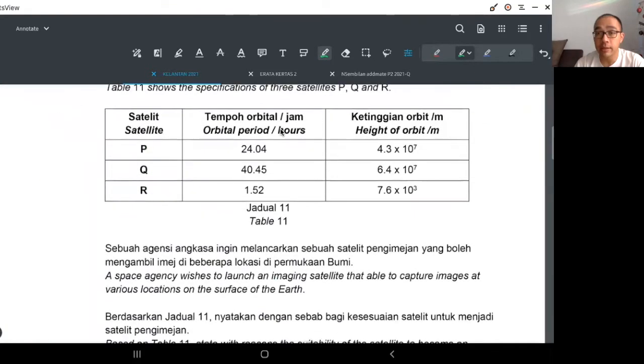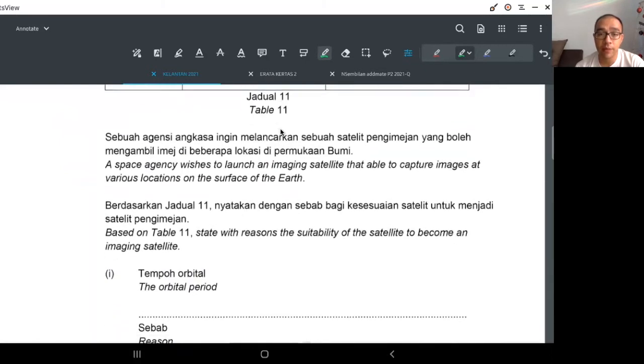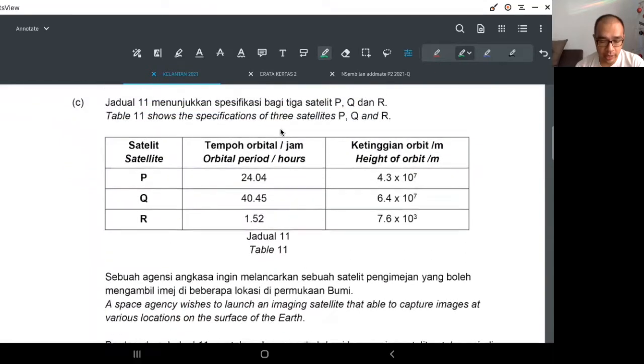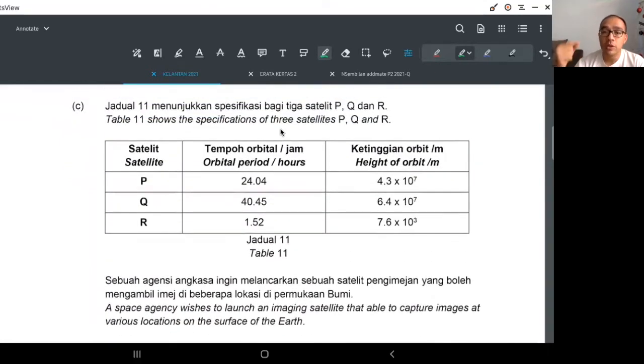Okay, same thing, making a choice. Let's look at the question first. Space agency wishes to launch an imaging satellite that is able to capture the images of various locations on the surface of the Earth. So based on table 11, let's look. Orbital period. You want to be able to capture at different locations. So the orbital period